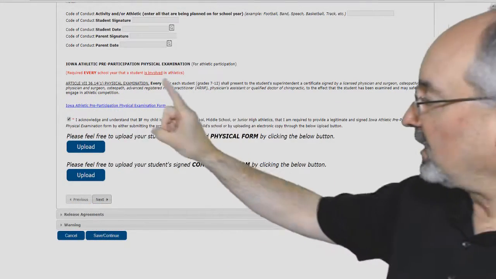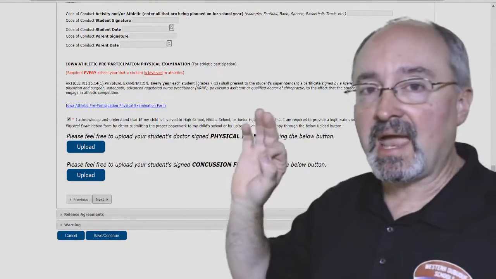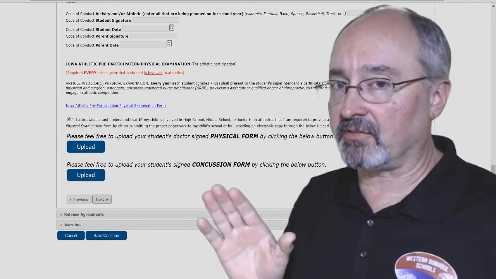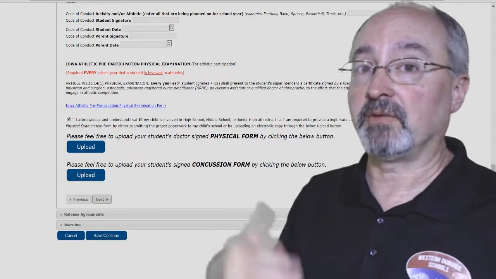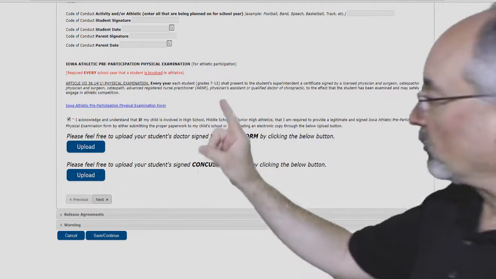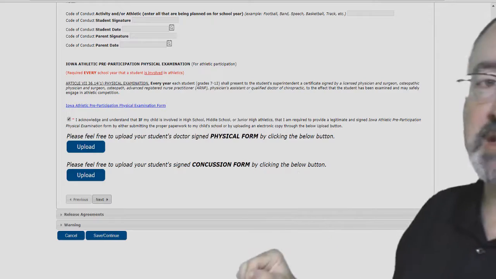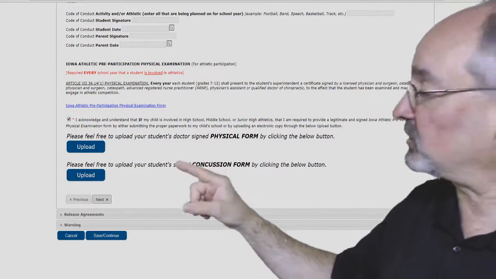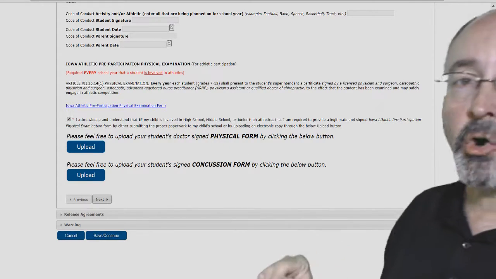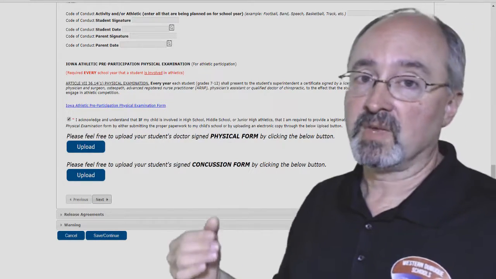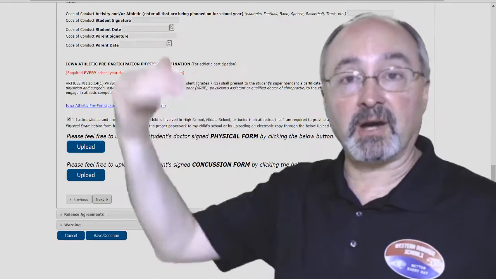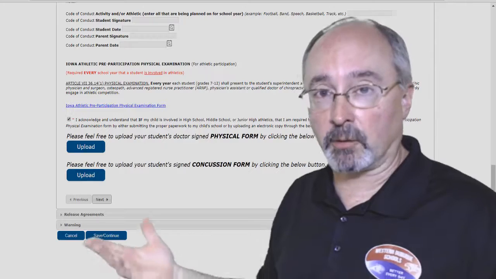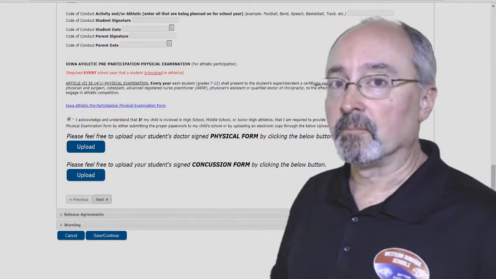Please fill that in. And then we also have a requirement that if your child is going to be involved in any athletic activity, they have to submit a physical before they can participate. So right here we have an acknowledgement that you understand that they have to have a physical if they participate in an athletic activity. And also we have a link over to the physical form, so you as the parent can download that form, take it to your primary health care provider or whoever's giving the physical, and